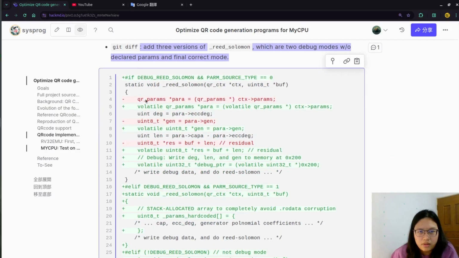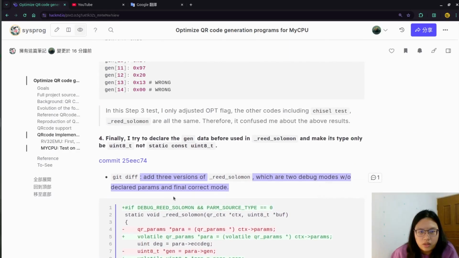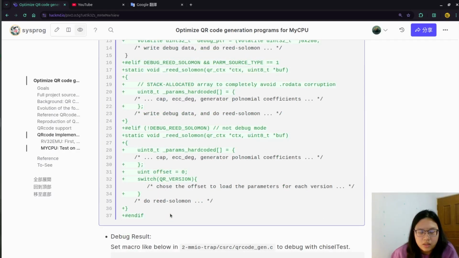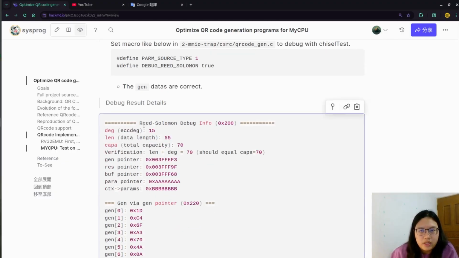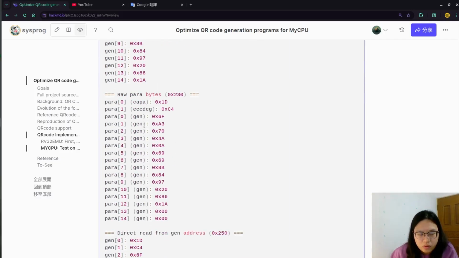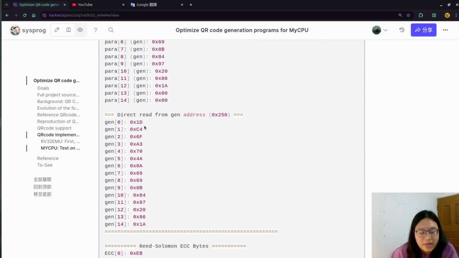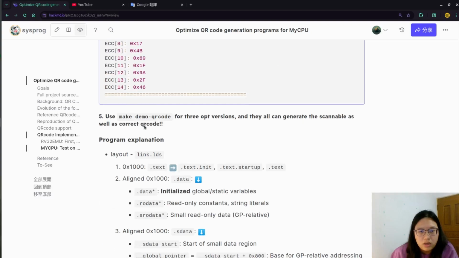So here is the difference. When I optimize it, I fix this bug, and after I fix bug 1 and 2, I can render the QR code successfully with my expected results